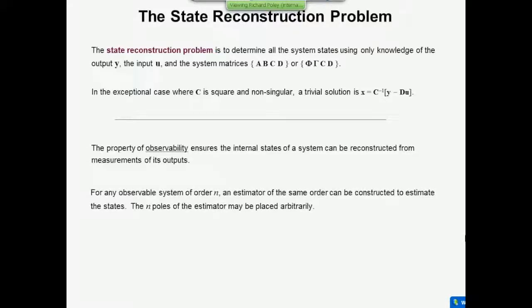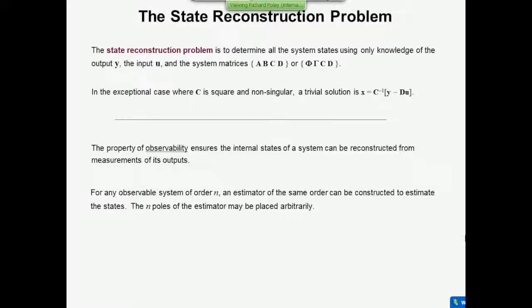Now, just as controllability guaranteed that we could find a controller that produced the eigenvalues we were looking for for state feedback control, so the property of observability guarantees that we can produce the state vector simply by observing the output. Remember, observability is a property of coupling between the states and the output. It says that we can detect and determine what the states are doing just by measurements of the output. That's exactly what we're doing with an observer.